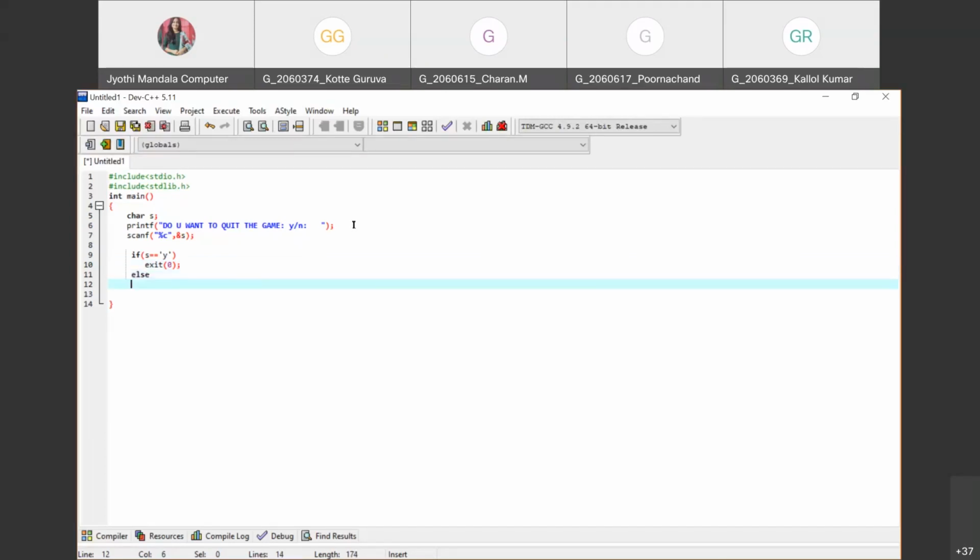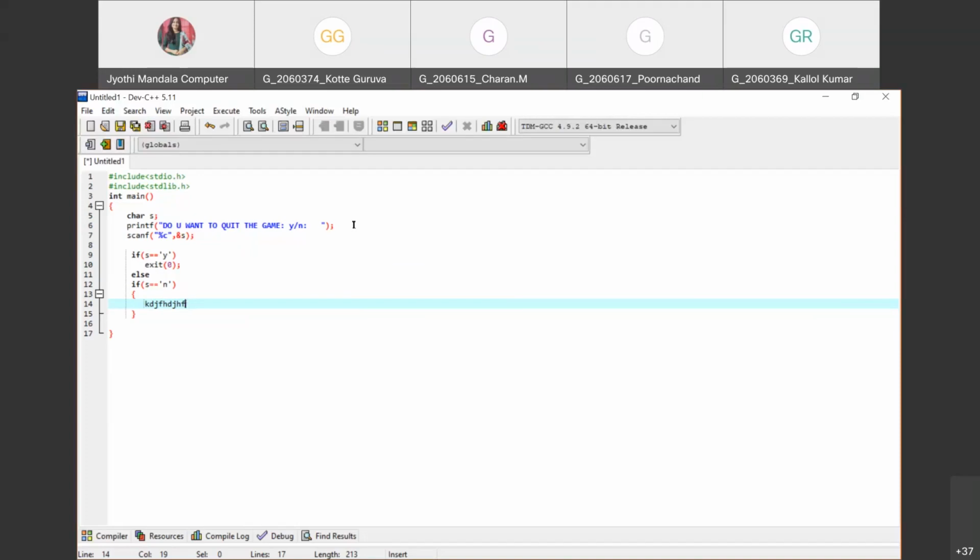Now coming back to this program, in the else part, what we need to do: suppose I write else if, s equal to no. In that case, what do you mean by that? The user wants to continue the execution. So in that case, whatever code you want to write for this case, game drawing, game, all the instructions can be written here. Are you understanding? Whatever instructions relating to this game, you need to write down in this case.